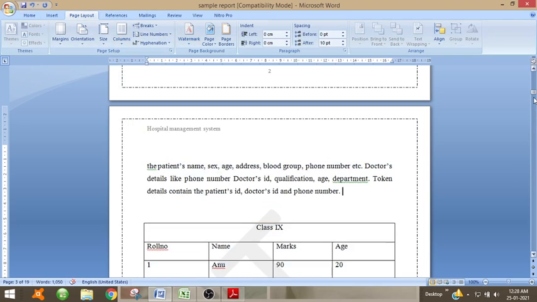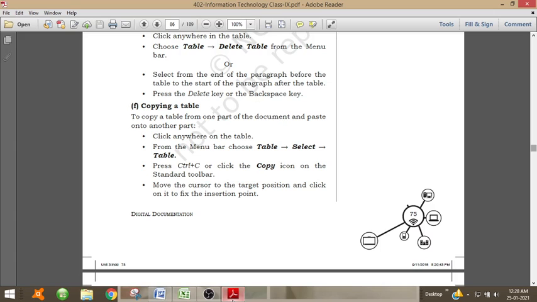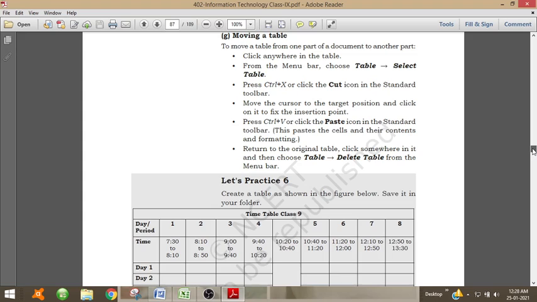Like this you can copy and paste your table. Now you can move the table by cutting with Control X, that is cutting and pasting.